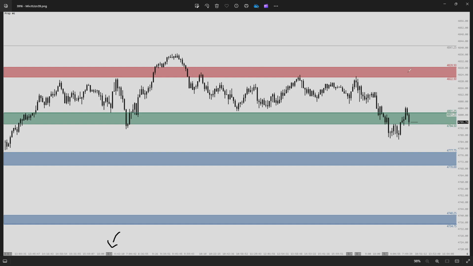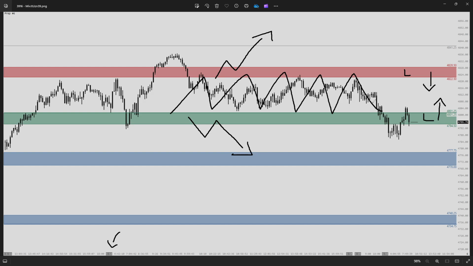We did have two lines in the sand, one up above, one down below, one being bearish, one being bullish. And we were really just paying attention to the market in terms of how it reacted around these lines in the sand. The main general idea was if we got up above the bullishness or the bearishness, we wanted to see a bullish move. If we got down below that bullish line in the sand, we wanted to see a bearish move. And if neither of those materialized, it was going to be more of the same within this particular zone. And that's exactly what we ended up seeing.